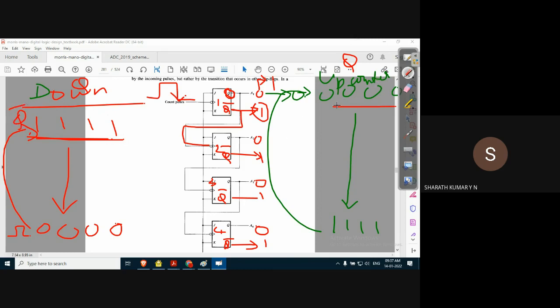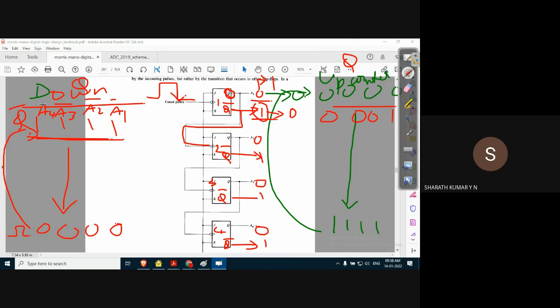In the up counter, the normal output will be 0001 on the application of the first clock pulse. But if you consider the complement output, a1 dash will change state from 1 to 0, whereas a1 will change state from 0 to 1. These are a1 dash, a2 dash, a3 dash, and a4 dash.